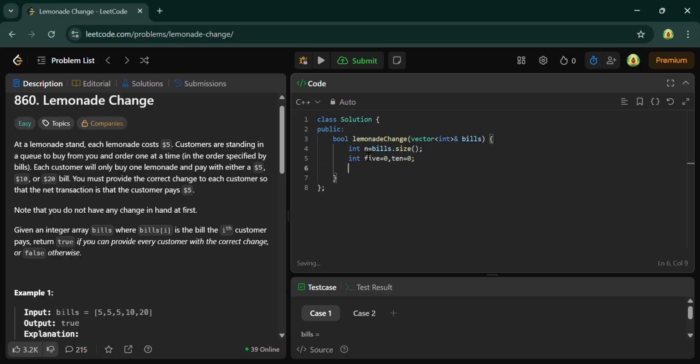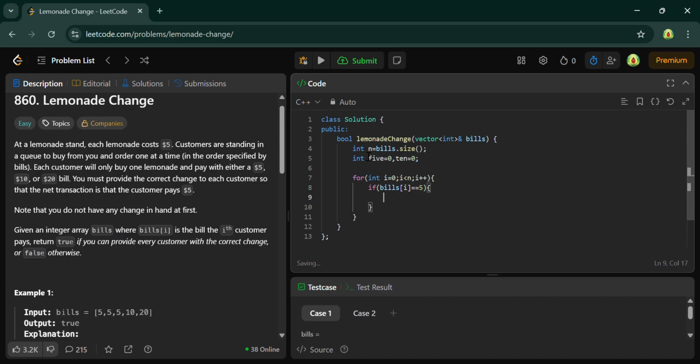So let's traverse through the bills vector: for int i equals 0, i less than n, i plus plus. If bills of i is equal to 5, then you just have to do one thing: five plus plus. Otherwise, if it is not 5,